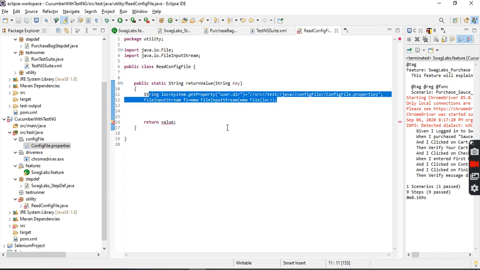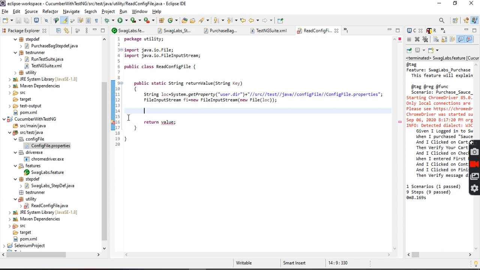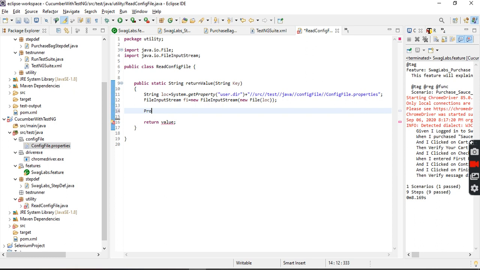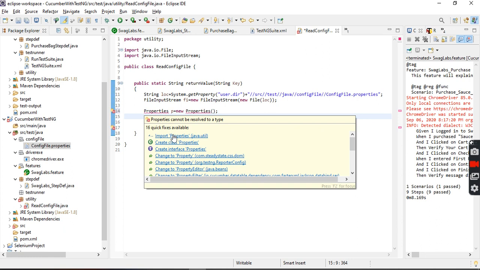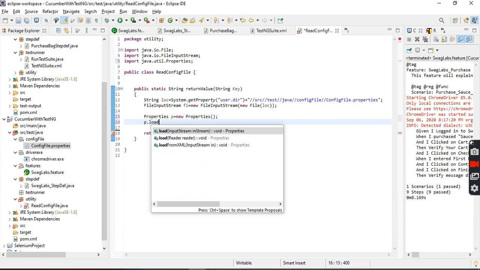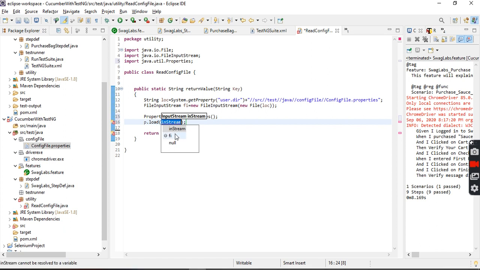It is just reading this file, but this is a property file, right? To read the property file, what do we need to do? We need to use Properties p is equal to new Properties. This class we need to use, right? So how to read the property file? We need to use p.load of, what is the file? This file, f, right?